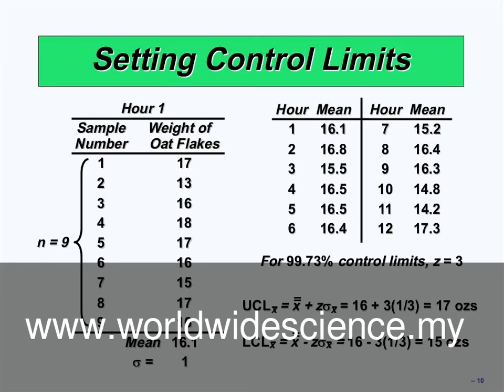After that, for example at 10 o'clock, in hour 1, calculate the mean of these 9 cups and write it down, for example 16.1 for 10 o'clock or hour 1. One hour later, at 11 o'clock, the operation manager should select randomly 9 cups of the flakes again, calculate the mean again and write it down in hour 2. At 12 o'clock, hour 3, the operation manager does it again, but the real data should be given to the operation manager by the engineer.